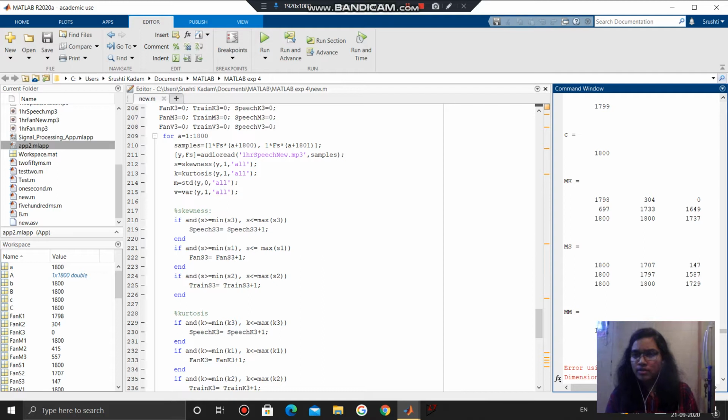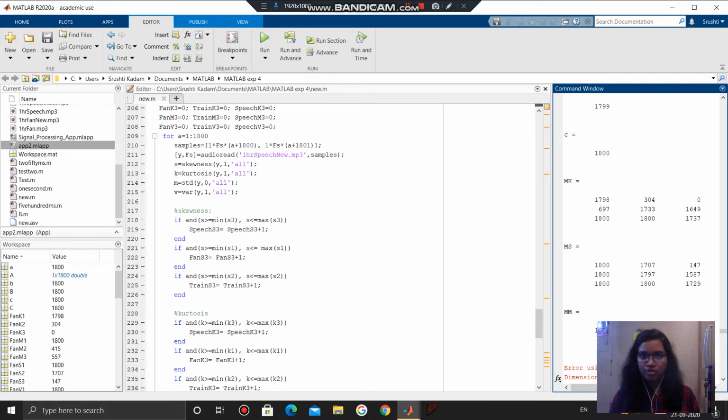My first column says fan signal input, which means the input I've given for testing is the fan signal. My first row tells me how many elements of my 1800 samples lie in the pre-recorded range of the kurtosis of fan. 697 is the number of my fan input samples that lie in the range of train. The second row is train. Similarly, the third row is speech.